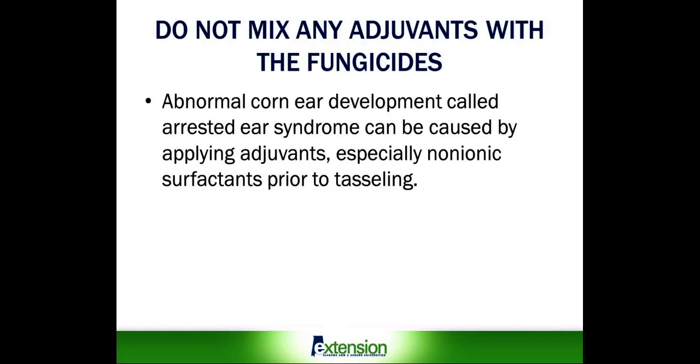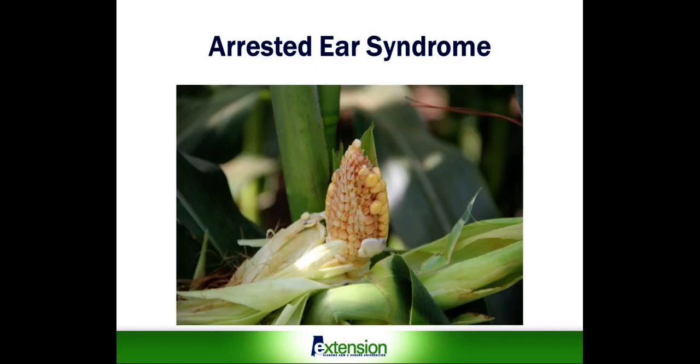One thing I want to warn is do not mix any adjuvants with this fungicide application. Abnormal corn ear development called arrested ear syndrome can be caused by applying adjuvants, especially non-ionic surfactants, prior to or at tasseling. And this is a field that